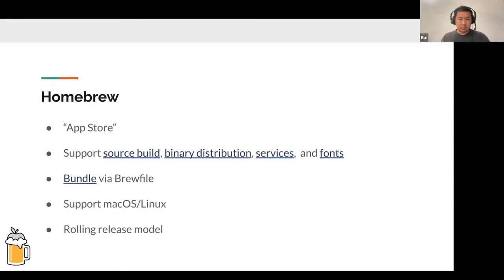A little bit about Homebrew. Homebrew is trying to be an Apple Store for macOS setup, development stuff like that. It supports both source build and binary distribution, and it also helps launch daemon services and cask font distribution as well. In the local setup configuration, you can use a Brewfile. It would be a bundle service to evolve with formula, cask, and etc. Not many people know that Homebrew also supports Linux. We migrated Linux to Homebrew core